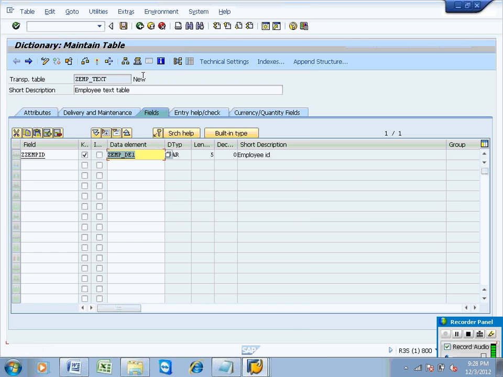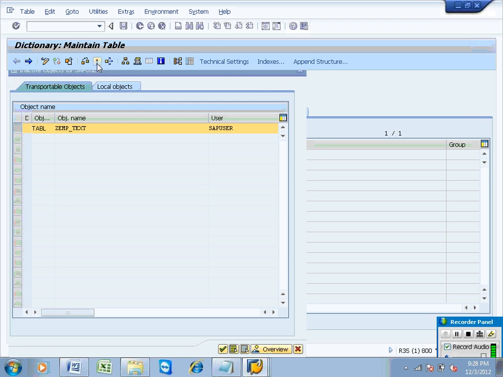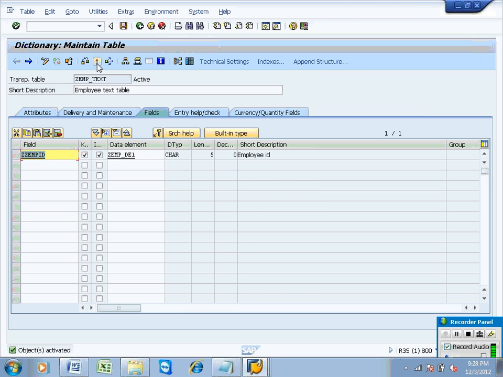Once the data element is activated, you can activate the table. Now the table is activated and it has one field, and for that field you have provided technical information using the data element and domain. Data element gives short description and label name, and the original technical information you can get for the field using the domain.